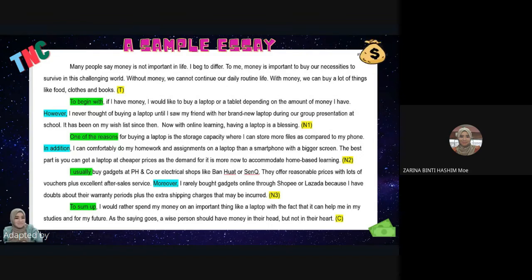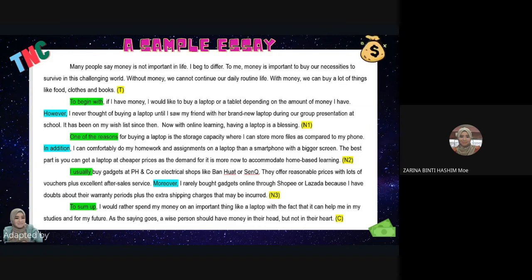So you can see that it only talks about money and its importance. You do not mention what you want to buy yet. You just talk about money in general. That is what you should do for your first paragraph, the introduction. Whatever topic comes out, that is what you will do. Not only about money, any other topic. Let's say online shopping. First you talk about what online shopping is in general. Then only in paragraphs 2, 3, and 4 you go to the main ideas.